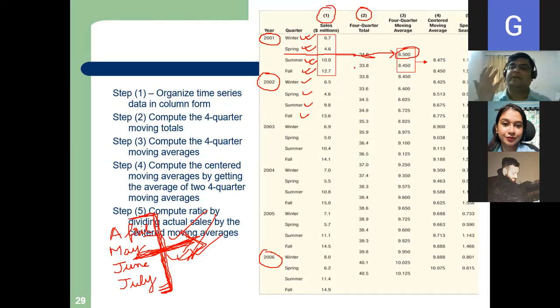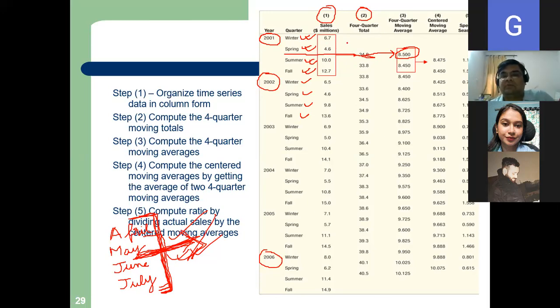If you remember the moving average method, who will tell me what will be my next step? What will be my next step by the moving average method? And this is simple also. There is no weight. So I have taken a simple average, right? I told you there are two methods, simple and weighted. Here we have to use the simple average. In ratio to moving average, we use the simple average.